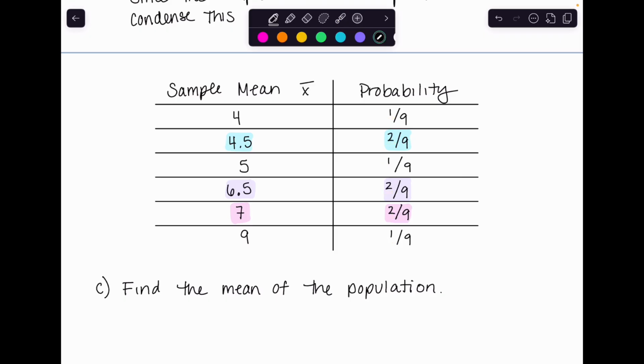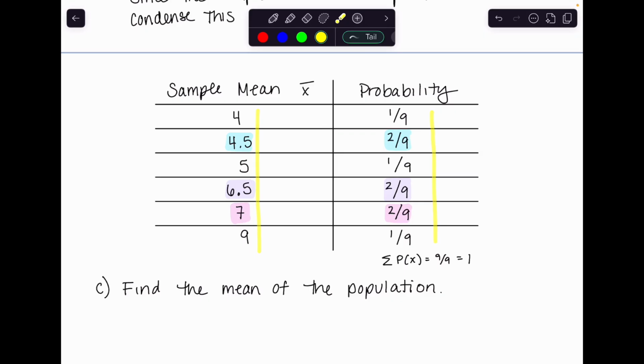The sum of these probabilities is exactly 9 over 9, which is 1. So this is great because now we have a single numerical value for a sample mean, and then we have those associated probabilities. So this gives me a probability